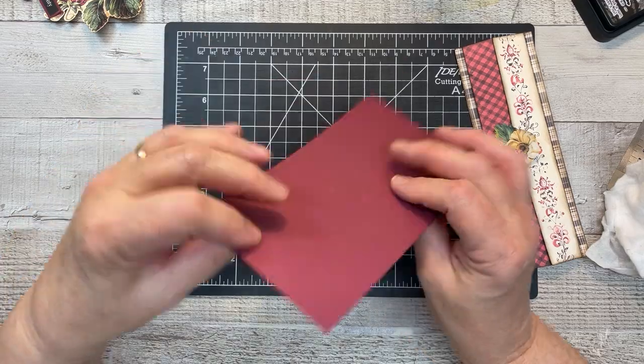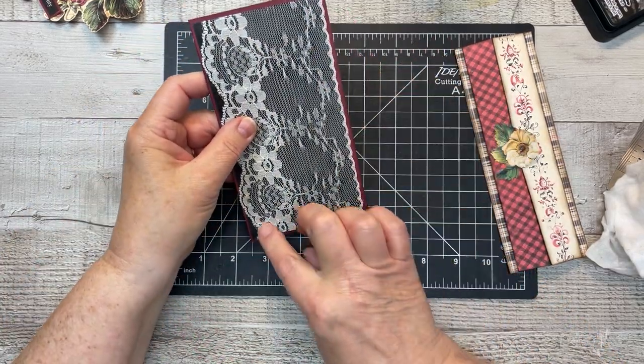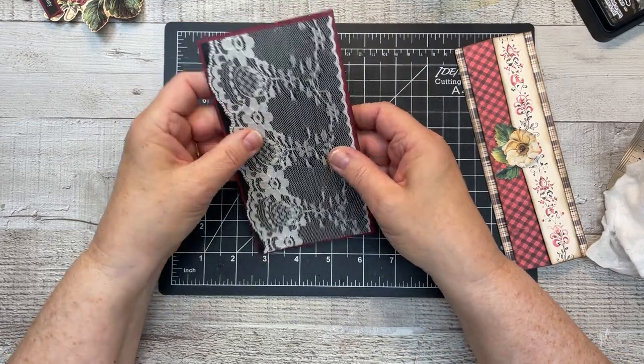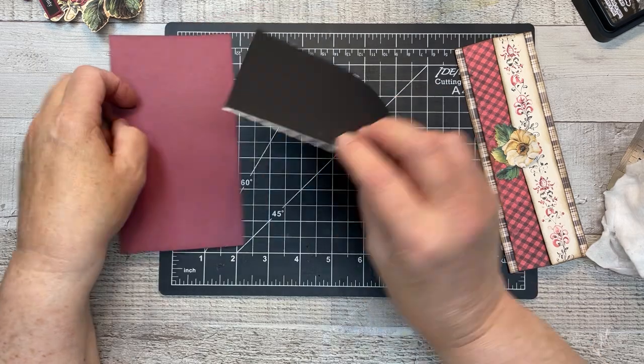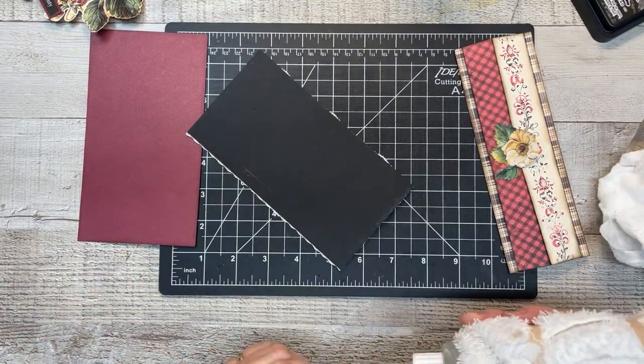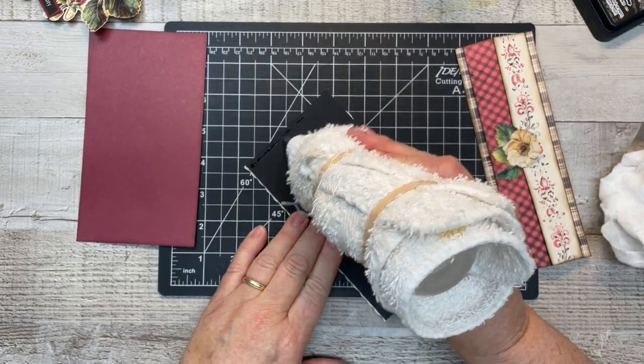So we're just gonna go ahead and we're gonna glue that onto here. And I think this will get backed, but I'm not gonna do it on camera because I do wanna go back and stitch around this to make sure that that sort of stays down. But for right now, we will glue this to the back